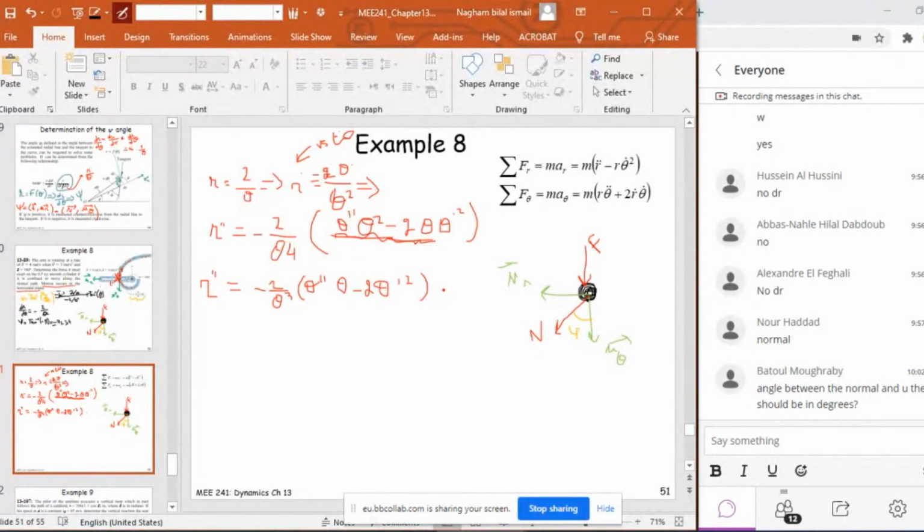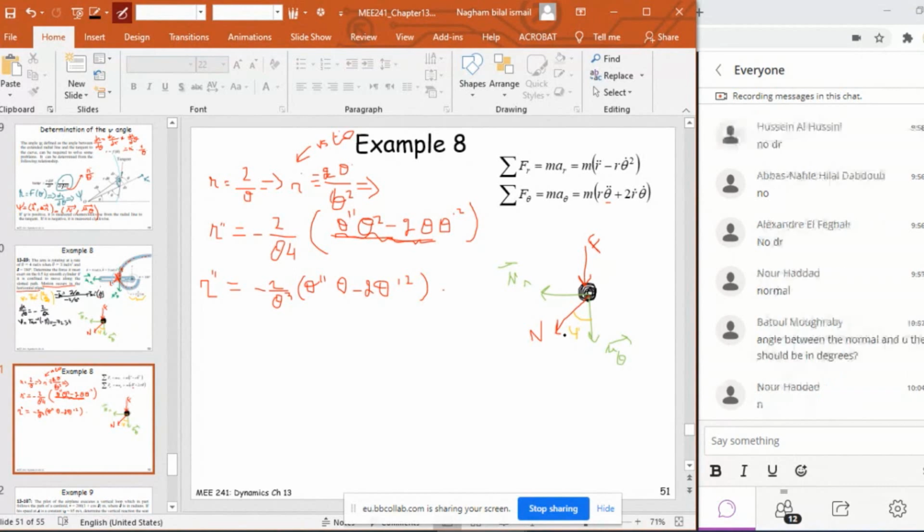Okay, now I know in fact theta dot and theta double dot from the problem, from the given here, right? So what I'm going to do now is to apply these equations. Let's start by sum of forces in the radial direction. What are the forces exerted in the radial direction here? F will vanish because it's perpendicular to the UR. So what are the forces, guys, exerted on the radial direction? It is N sine psi, yes. So it is N sine psi is equal to